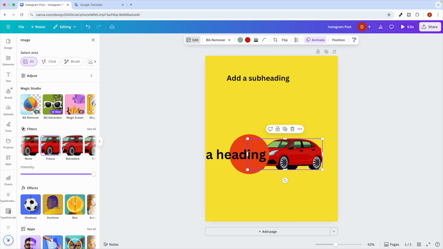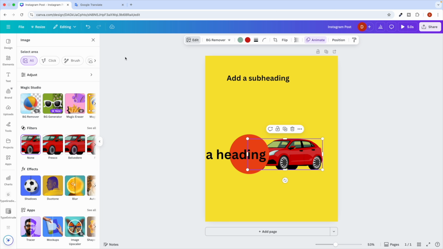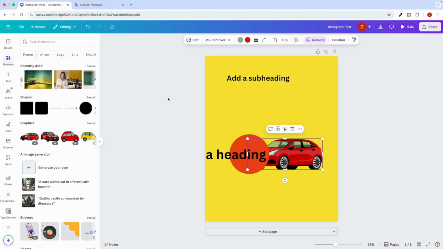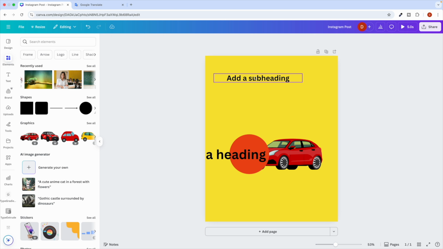You can even choose the filters, and whatever filter you want to go with, you can just do that. You can even remove the background. We are going to cover some of the Magic Studio later on, but this is how it works. Okay, and the thing is that whatever you select in your Canva, okay, suppose I select this text, so